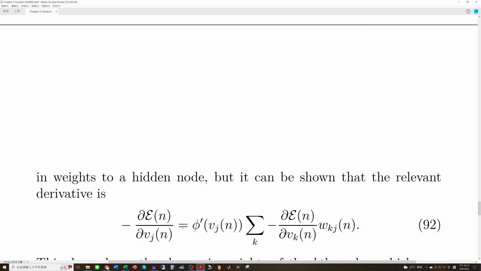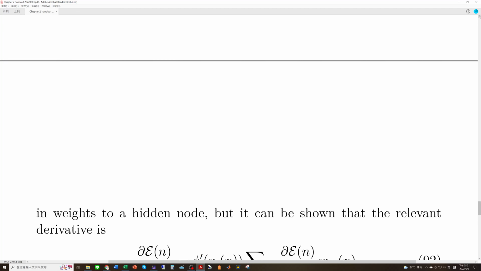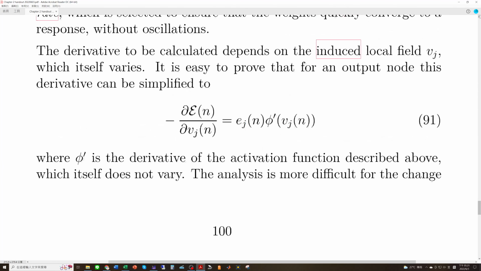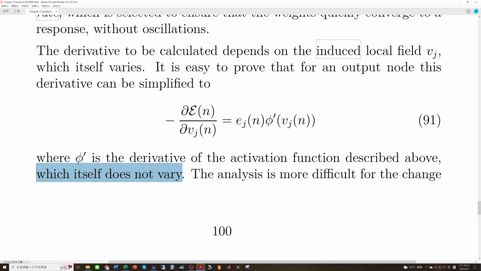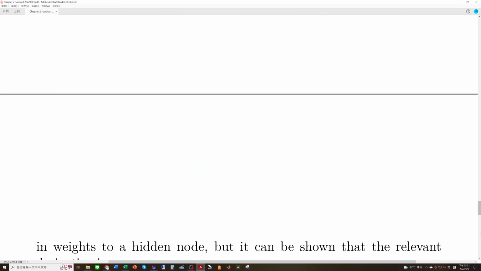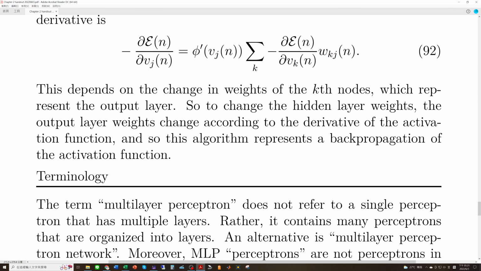Next, let us see phi prime. What is phi prime? Phi prime is the derivative of the activation function described above, which itself does not vary. So we can know that phi,